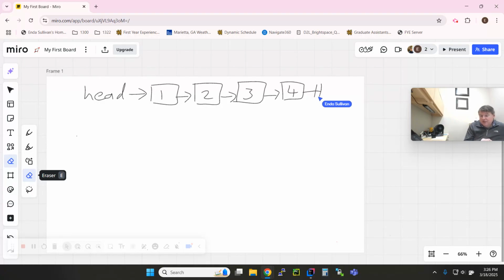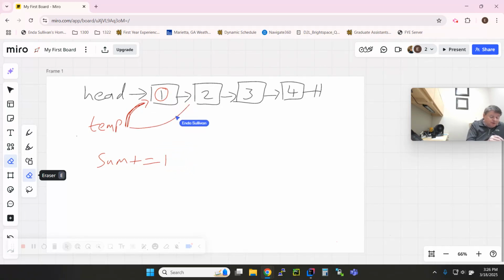So graphically, what we're going to do is I'm going to make a temp. That temp is going to be linked to the same place as head when I start. I'm going to have a sum variable because I need to keep track of the sum, because that's the whole point of this. And what I'm going to do is add to the sum whatever is in temp dot data. Then I'm going to move temp to temp dot next,